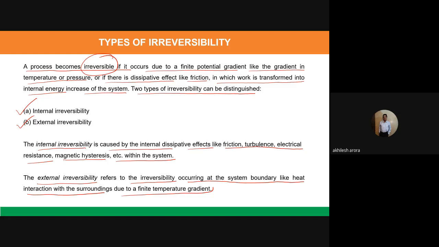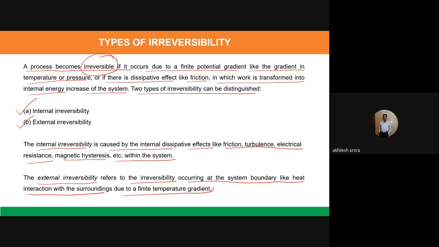Now, what is the external irreversibility? Yes, you are doing your fully hard work. There are no jokes in your mind, no hunger. You are not thinking about whether you are hungry, what your mother is cooking, or what your father is doing, all such things. But suddenly, you are studying in GTU, you are staying in the hostel, your friend comes and he starts teasing you. And what will happen in that particular case? You are losing time. So it's a sort of external irreversibility.